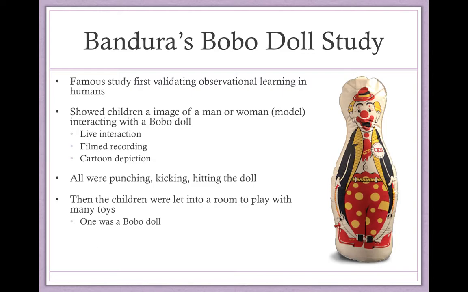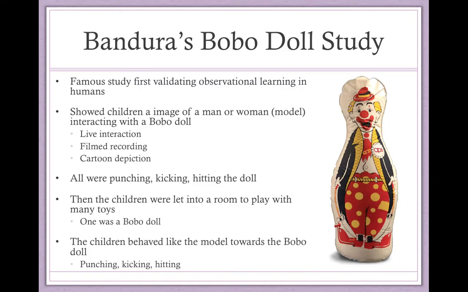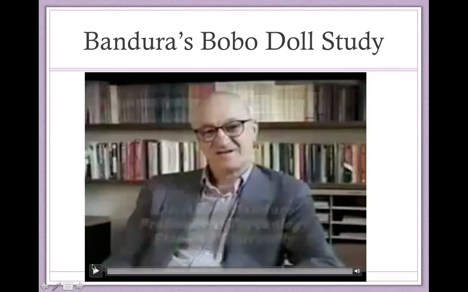And then the children were let into a room to play with a bunch of toys. And guess what? One of them was a Bobo doll. What's interesting is the children behaved like the model towards the doll. So this included punching, kicking, and hitting. And they even got a little bit more aggressive than what the models did. And this was true for all of these conditions. This behavior was modeled regardless of what condition they were in. So we can see a video of this